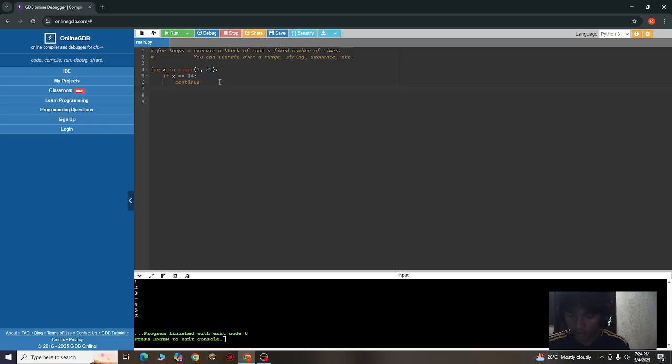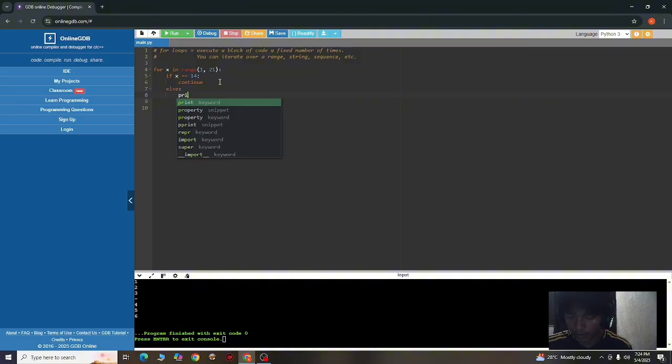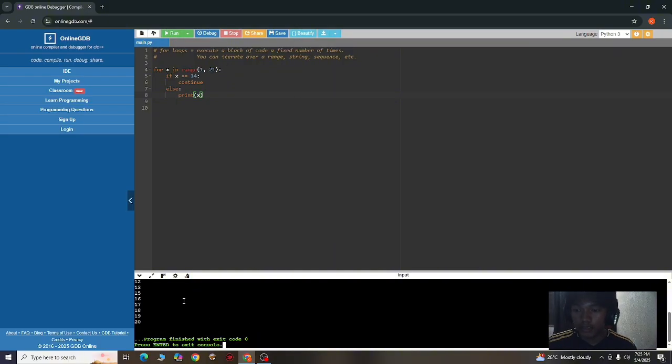So else print X. As you can see, it prints 13 and there is no 14 because we put continue here, so it would exclude the number 14.